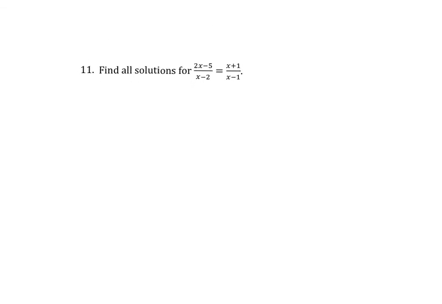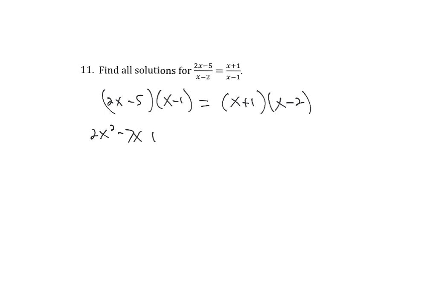What we want to do is multiply first by x minus 1 and then by x minus 2, which is equivalent to multiplying 2x minus 5 times x minus 1, and that would be equal to x plus 1 times x minus 2, which means we'll get 2x squared minus 7x plus 5 is equal to x squared minus x minus 2. Subtracting x squared, we get x squared minus 6x